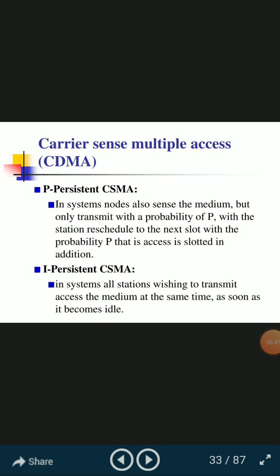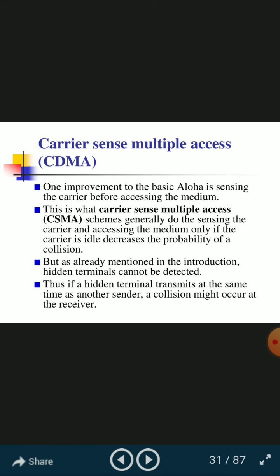Why are we learning all these medium access controls? How can multiple accessing be possible? If only a single device communicates point to point, it is possible. If more devices communicate with one single device, collision happens, as we already saw in the hidden terminal problem. So multiple access is required. Nowadays multiple users communicate, so that is why we are learning CDMA, FDMA, TDMA, and slotted ALOHA.